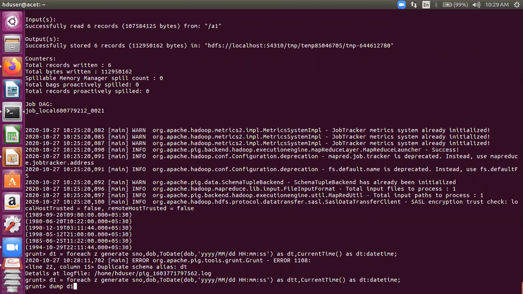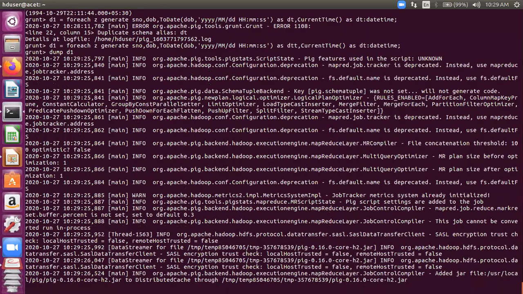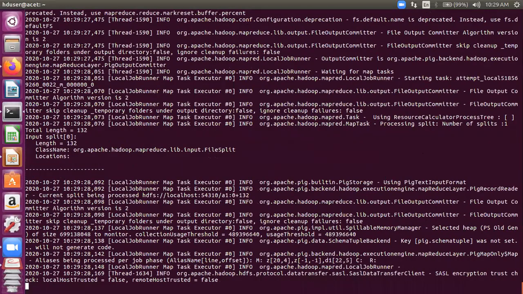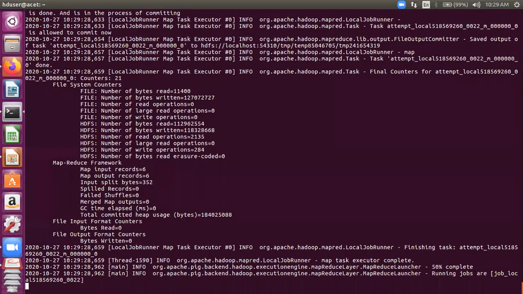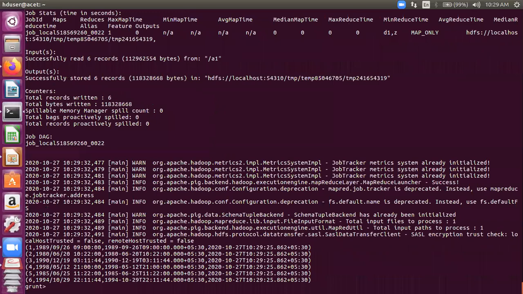So I'm dumping D1, projecting the two columns, then projecting the column DOB converted into a date in this format, with the name as DTT and the current time. See how it displays all these things. Look very carefully.